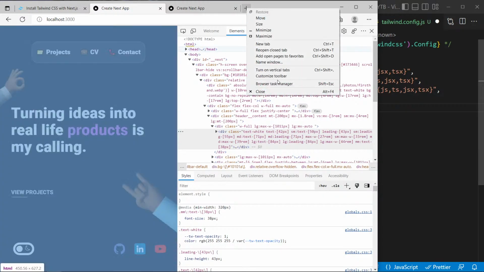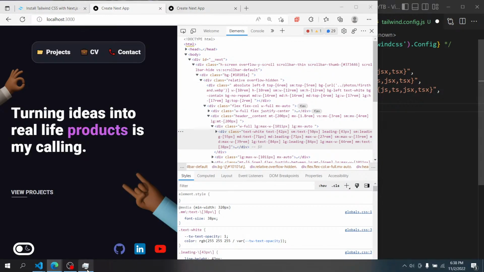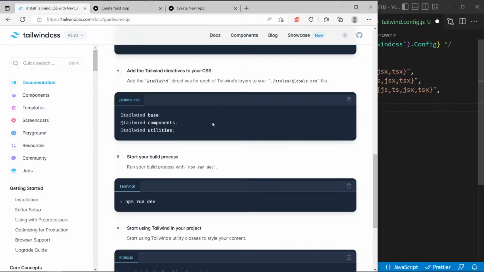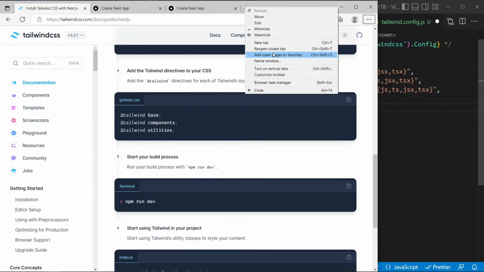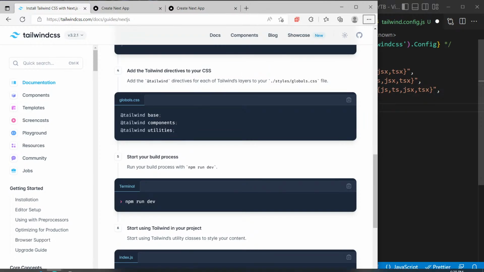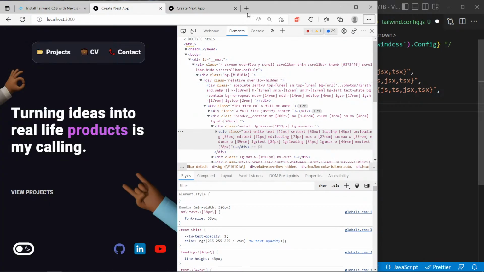Let me control reopen closed tab, and if I go here, where is it? Reopen closed tab, where is it? This is weird. Okay, anyway,